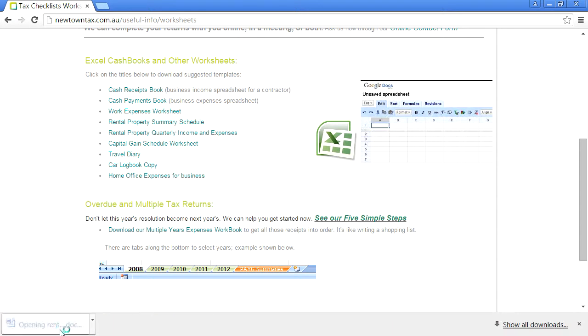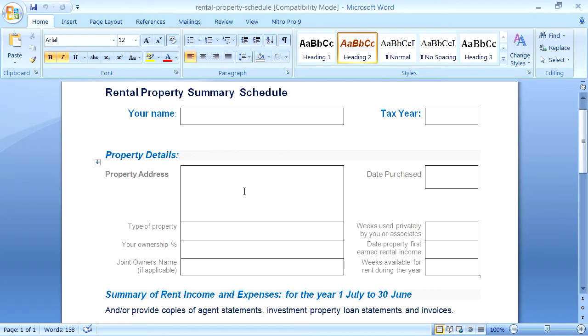So you click open there, and it opens up a Word document. Fill in your name and the tax year that you're completing the information for. This is important if you're doing several years at once. You need to complete a separate worksheet for each year. So 2014 tax year, John Smith,